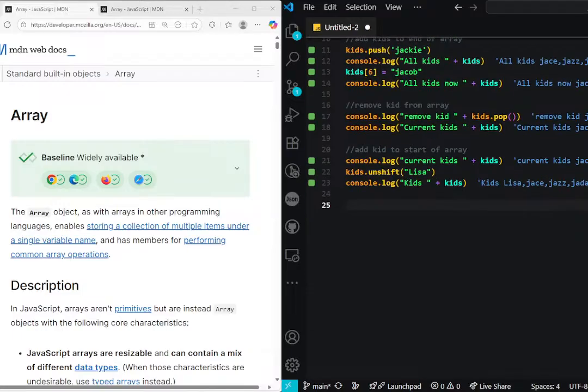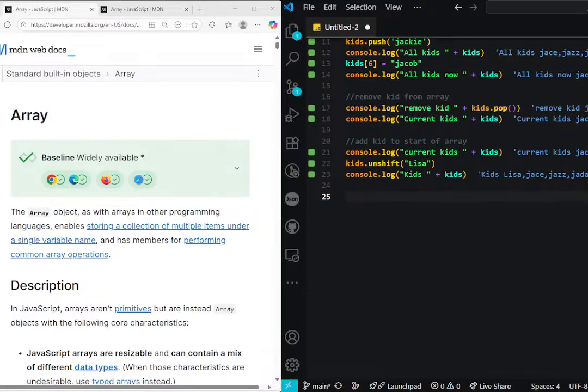Now, I don't have a child named Lisa, and all of my kids have a JA name. So let's go ahead and remove this name from the kids array, and we're going to remove the first item from the array. And the method that we'll use for that is shift. So we'll say remove first element from kids array,